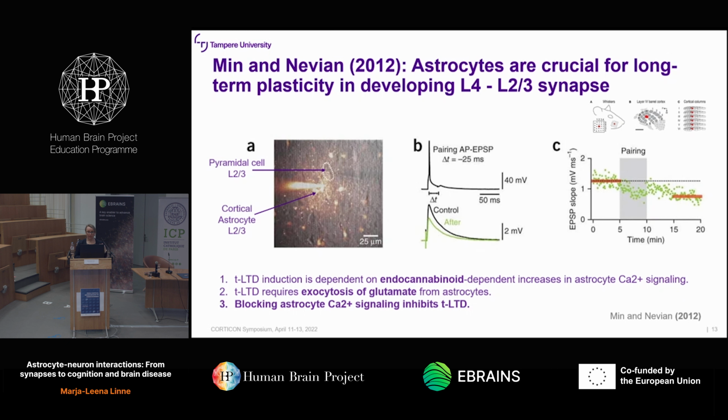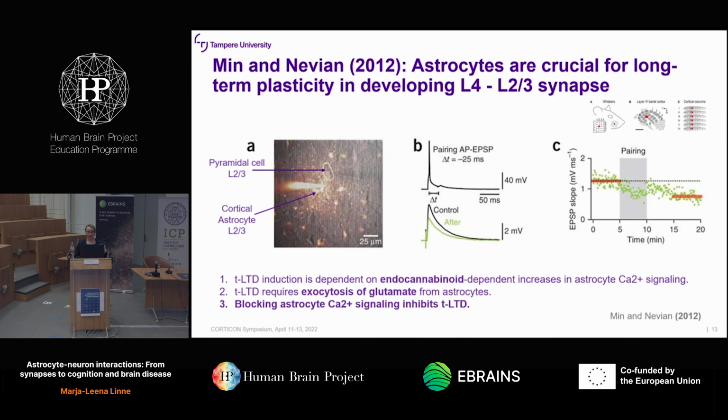They also followed calcium transients in single astrocyte processes using 2-photon time-lapse imaging, as you can see here. They followed individual astrocytes during the plasticity protocol and after. And they could see that some of these processes are indeed involved in this phenomenon and others don't contribute, so they are doing something else. This raster plot indicates the calcium activity, not the spikes, but calcium activity in astrocytes. Those shown in green are really changed after the tLTD induction.